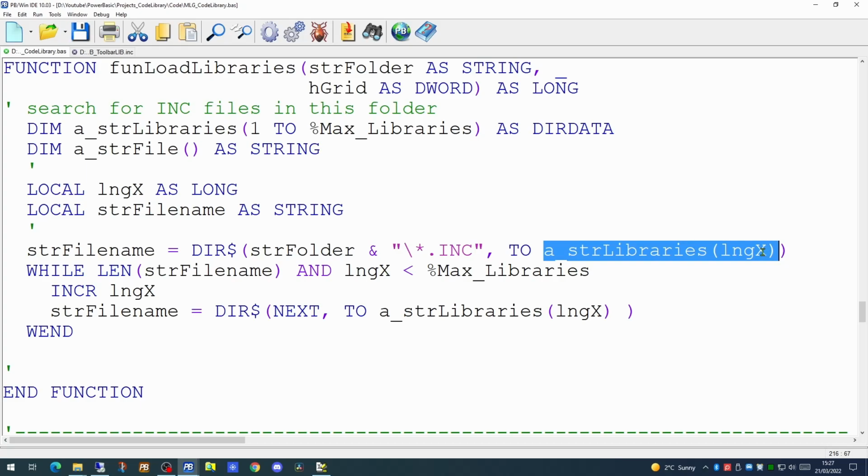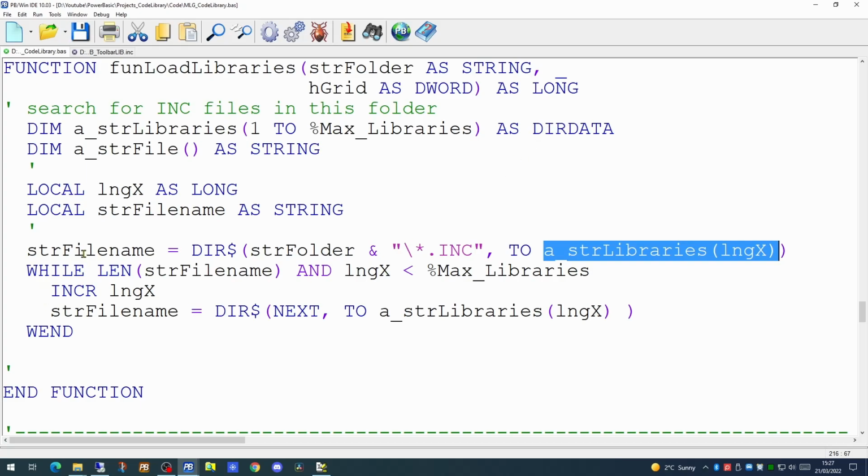And this array has been set up as a $data array, containing all the information on each of the files. Within this function, we're only going to be interested in the name of the file. But this could be extended to look for things like the last updated time or the created time.